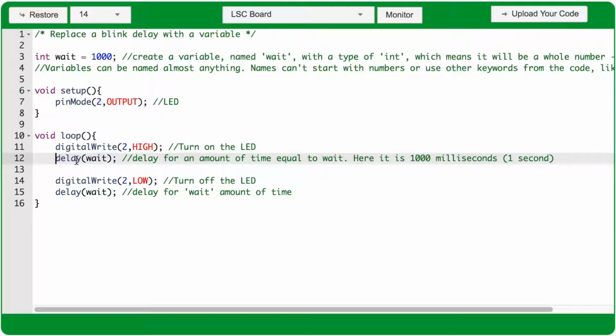Next, we have a delay, and normally we would use a known value here, like 1000. That would be 1000 milliseconds or 1 second. Instead, we're using the variable wait. Now what the code does is it looks up to see what is the value of wait, and it inserts the value of wait wherever you use the word wait. So with a value of 1000, this delay of wait is going to keep the LED on port 2 turned